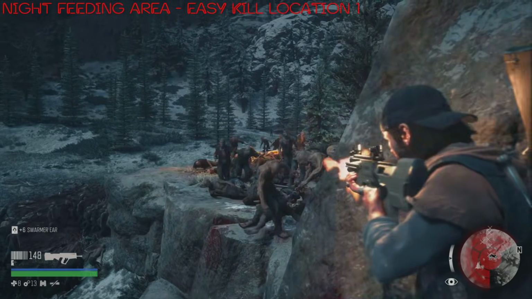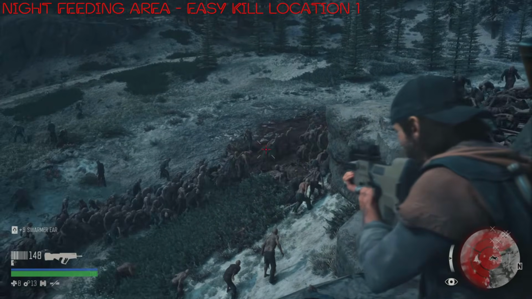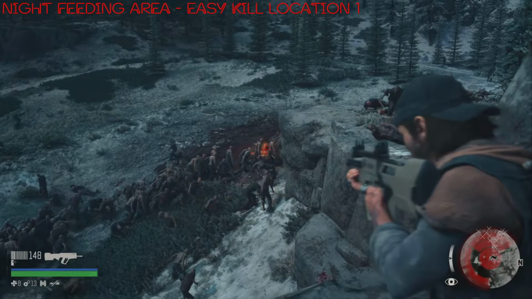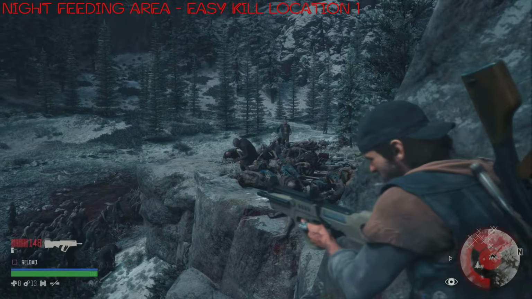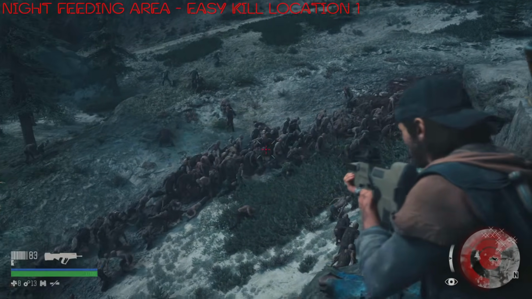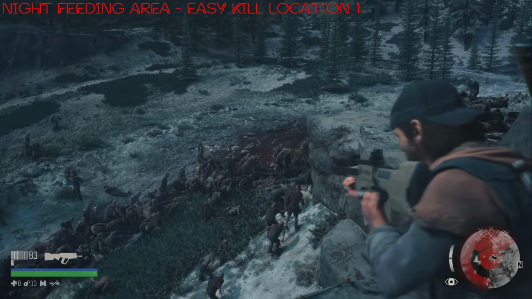So I'm going to take the time at this point now to pick off all the ones that are making their way up, and as you can see they are starting to come up, but they're going very slowly. But I will show how to speed up this process. Right now, I'm not interested in doing that because they are easy pickings. I really just want to get the numbers done first, because it's a 300 strong horde,